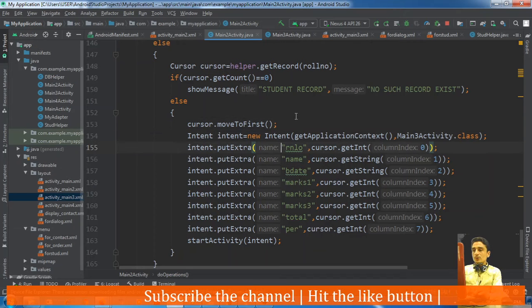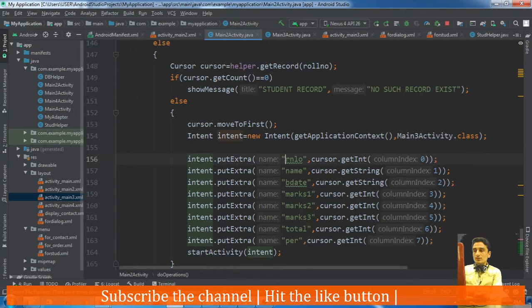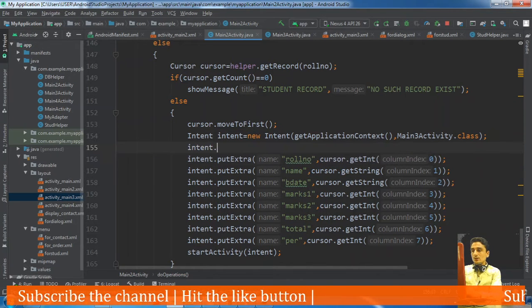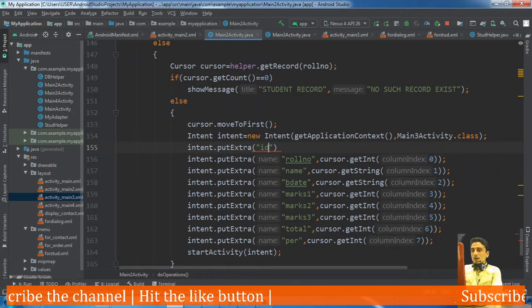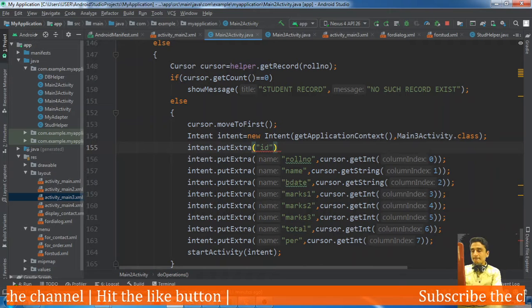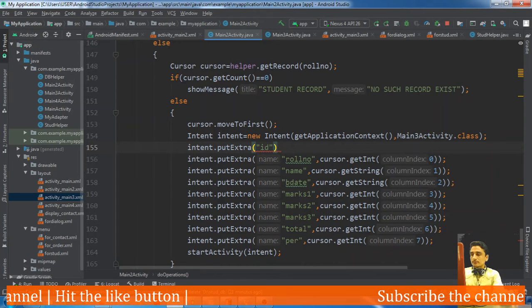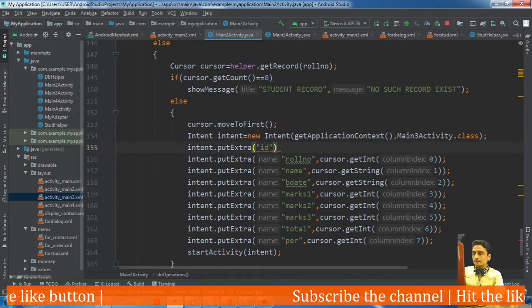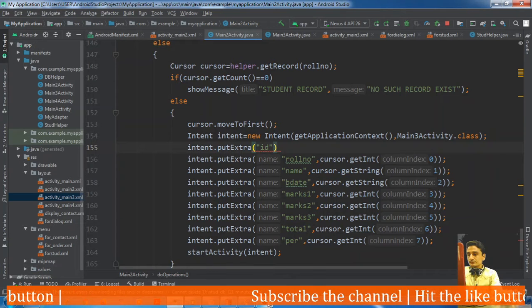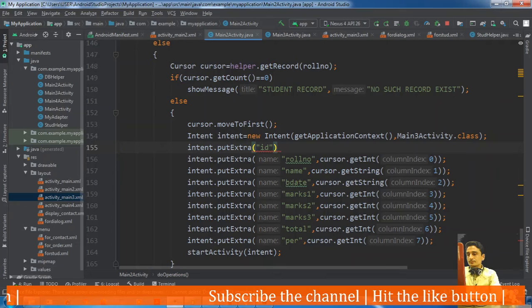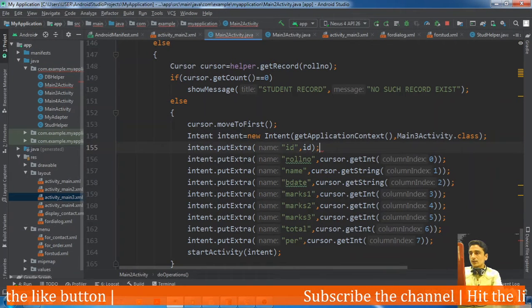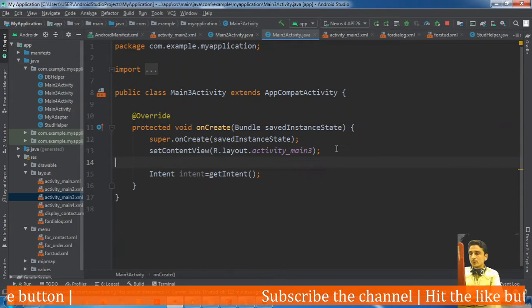So let's also put an extra piece of information: intent dot put extra id is equal to the id of the options item selected. That id will be retrieved here.